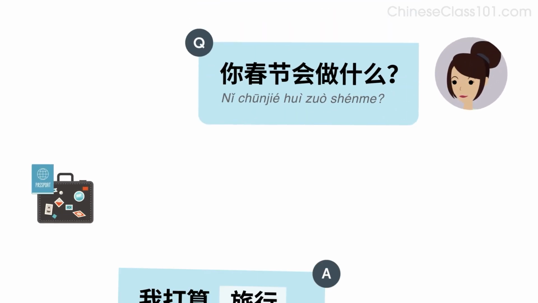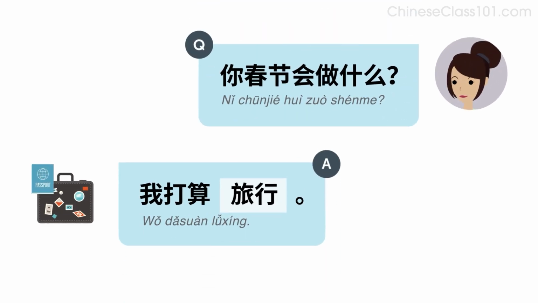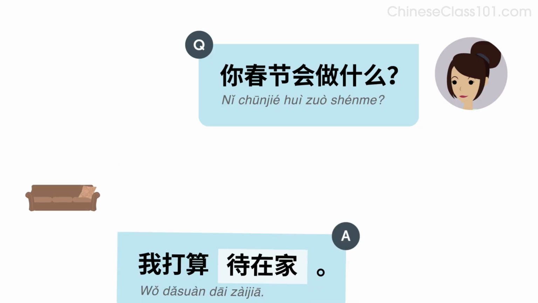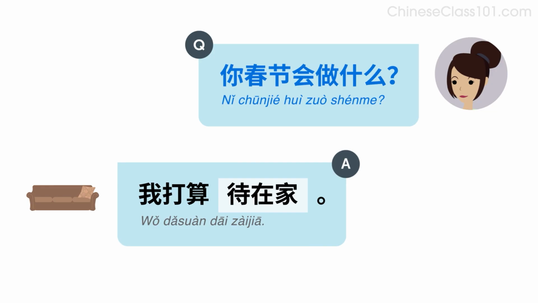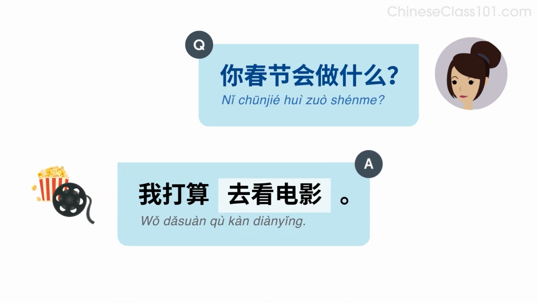Let's look at some examples. Listen and repeat, or speak along with the native speakers. 你春节会做什么？我打算旅行。你春节会做什么？我打算待在家。你春节会做什么？我打算去看电影。